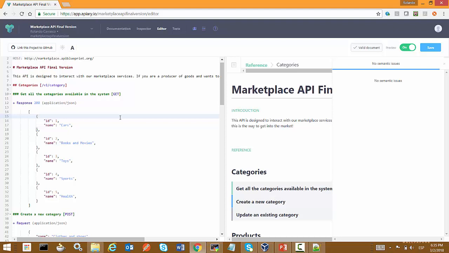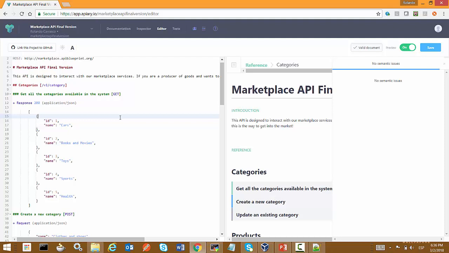And secondly, rules that define those functions that you want to apply to your specific API blueprints. So that is exactly what Leonardo is about to show you, and we are going to see how to create functions, which are actually based on JavaScript, and how to test those functions.